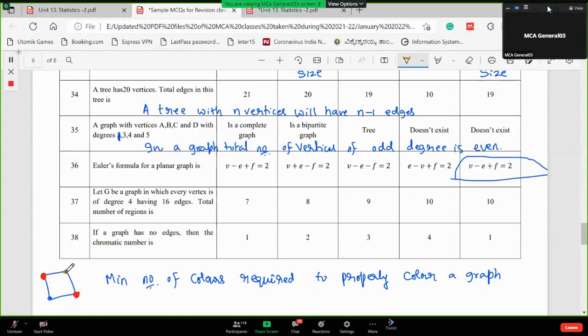The other two must have a different color. Two adjacent vertices should not have the same color. So its chromatic number is 2, not 1. Isn't it? Okay. You require two colors to properly color. Are you following? For a triangle,